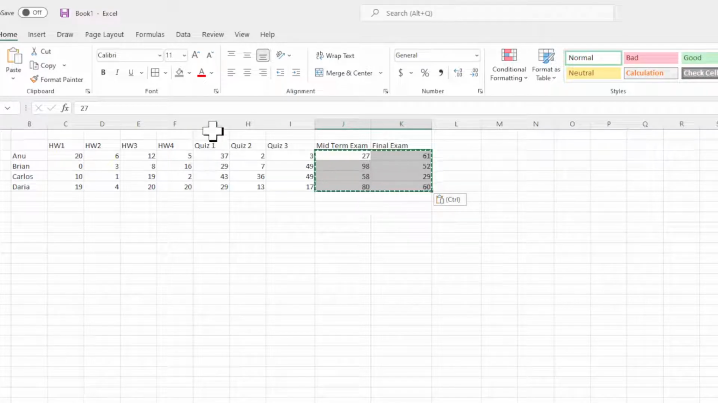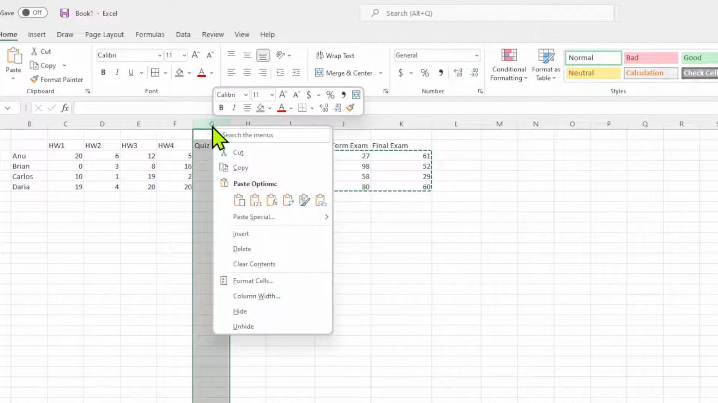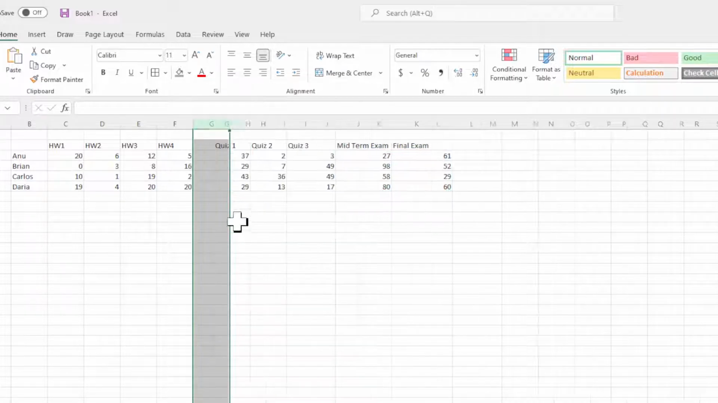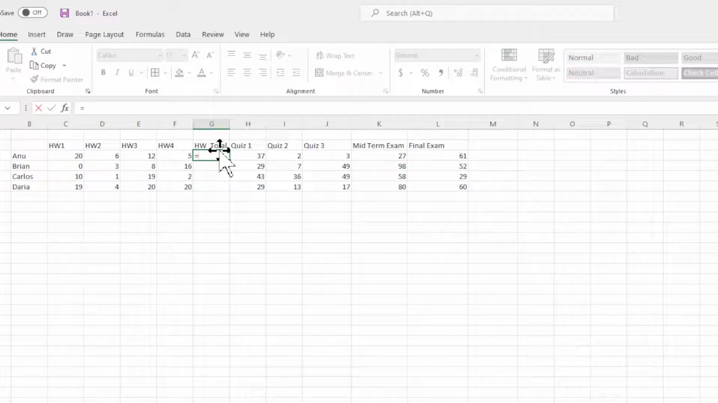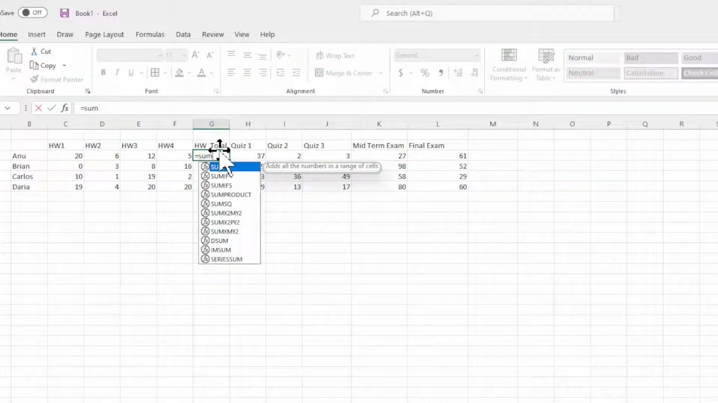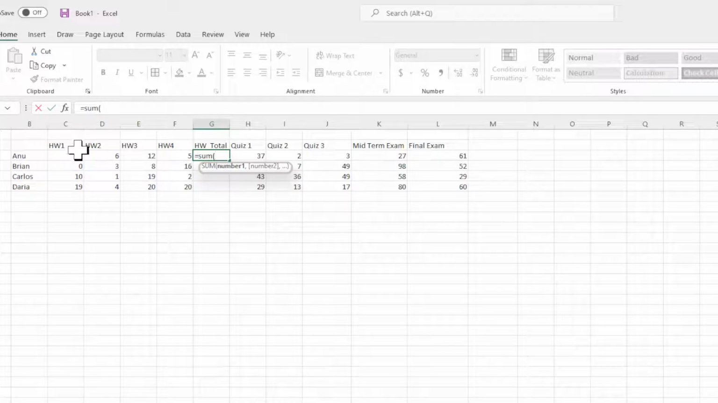So let's start by separating. We know that all these are broken into different groups. They're not all the same; they've all got different weights, different values. So let's start by breaking the groups. Let's go up here, insert a column, and name this column homework total. Then we're going to do a really simple formula. We're going to say I want the sum of all of these